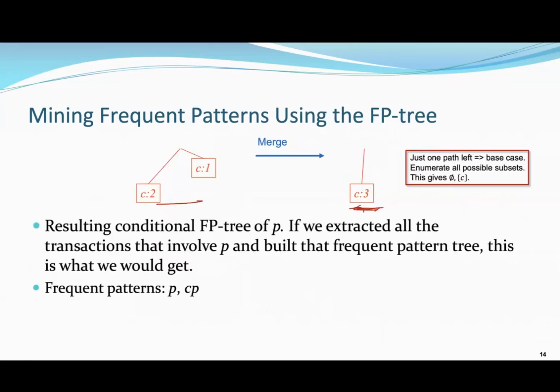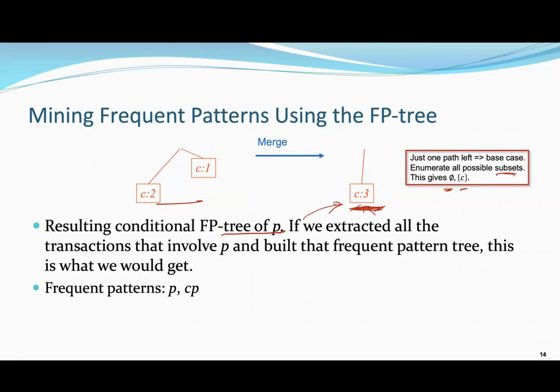All right. So after this is obtained, we say that this is the base case because there's only one path in the tree. And all we need to do is to enumerate all possible subsets of this, which include the empty set and also C, right? The resulting conditional FP tree of P is this. And if we extract all transactions involving P and build that frequent patterns tree, this is what we would get,